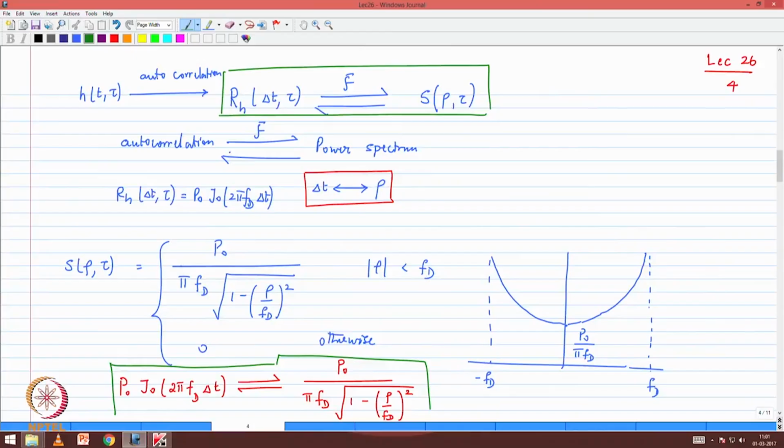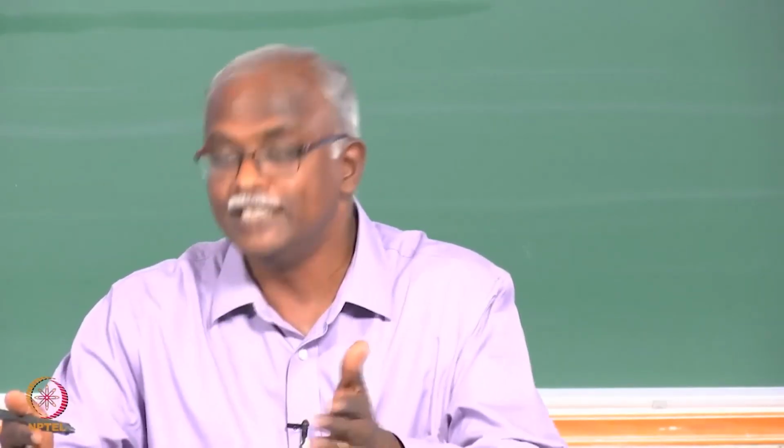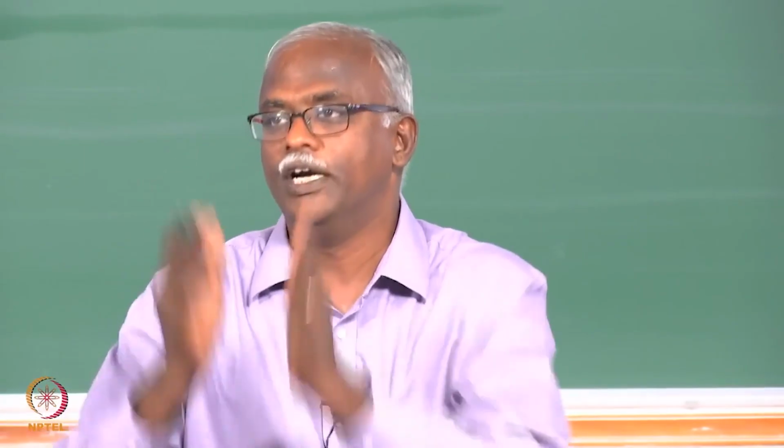When you see a spectrum like this, how do you interpret it? What do you make of it when you say that the spectral density is of this shape? Dominant components are close to fd. That's what it says. Basically, because the density is very high for these. So as you go closer to fd, those are your strong components, and those are the ones that are going to make the most impact.